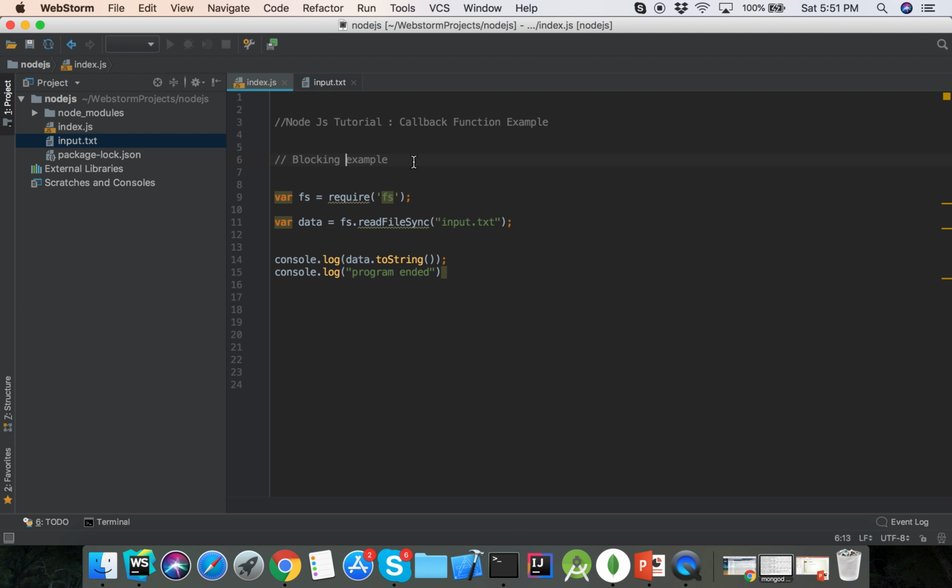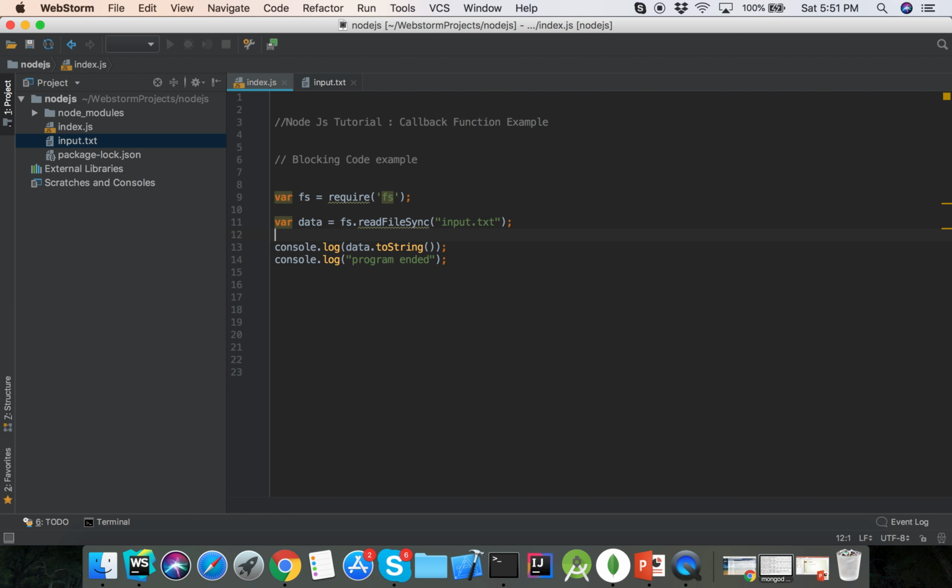This is the blocking code example of Node.js. So we want to read a file, the input file, and then it will show the data in the console and then the program ended. This console.log waits until